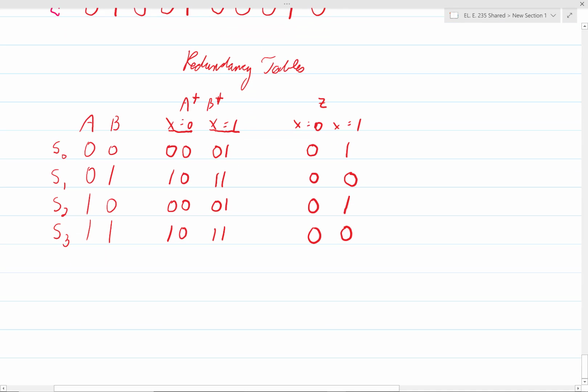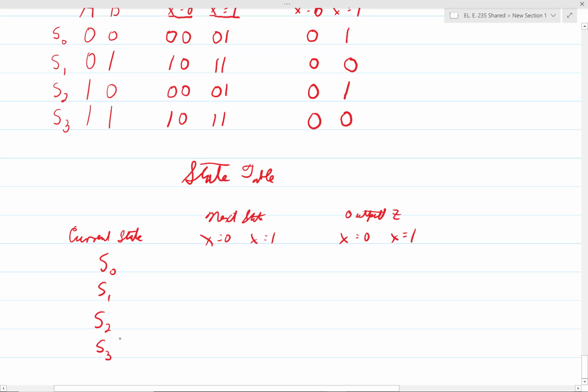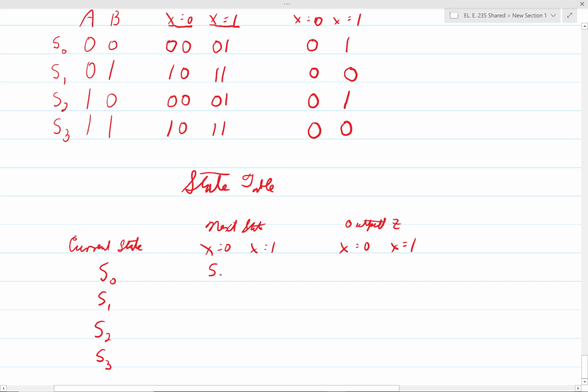But let me put this, we also have the very closely related state table. And so we have, current state, next state, X equals 0, X equals 1, output Z, X equals 0, X equals 1. And so we have S0, S1, S2, S3, and then we can see that we have S0,